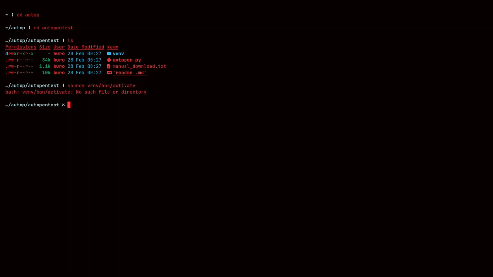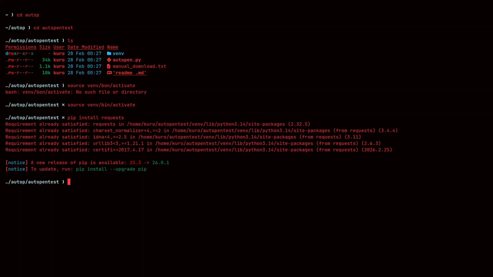Okay, so first we have to activate the virtual environment. As you know, I am using Arch Linux and there is this conflict between Python packages, so I have to use the virtual environment. I have already installed the requests module for this because it has to interact with browsers and websites, right? Now I will check which Python, and you can see it is clearly showing the virtual environment Python.